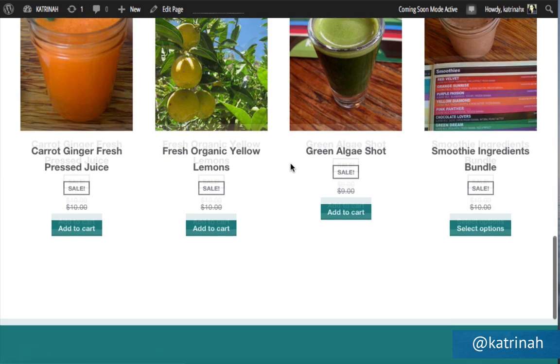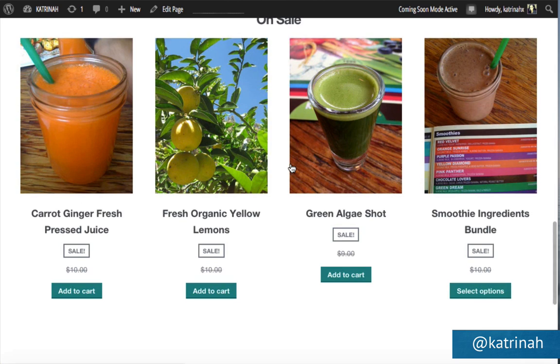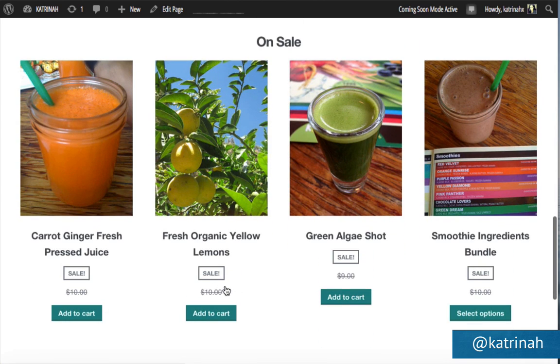Now behind the scenes, I just checked out this homepage and I was like, wait a minute, we don't have our actual prices here. We have our original price and it's crossed out because it's on sale, so that's good, but the new price is not showing up. So I'm just going to cut to the chase and show you how to fix that, because of course we want to make sure that we have our sale price being displayed.